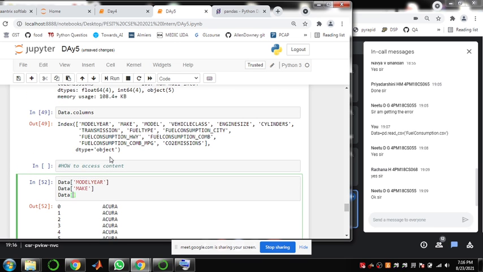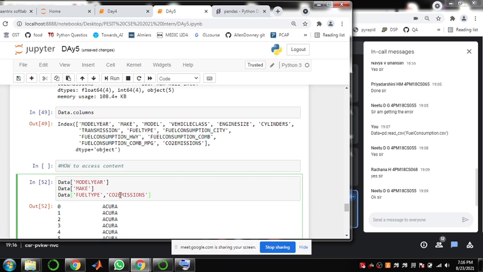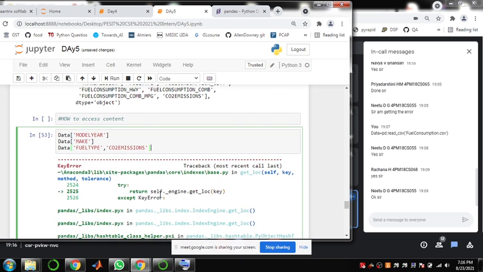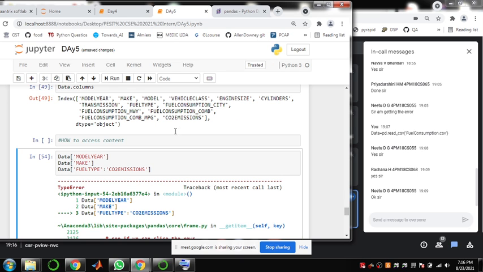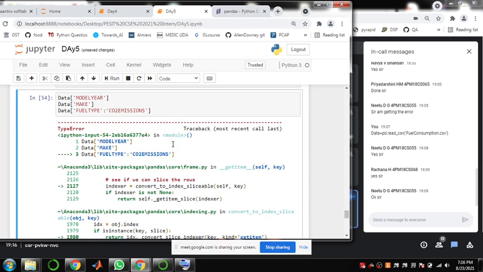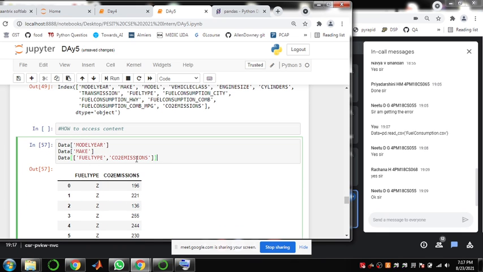I'll start with fuel type, comma, and I will go with carbon dioxide emissions. So that is two columns of information, using double square brackets.